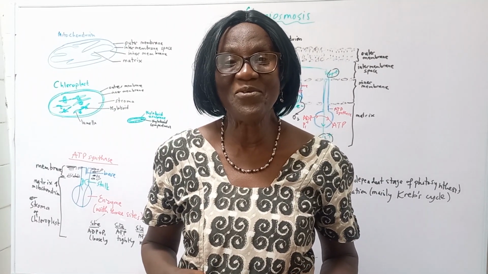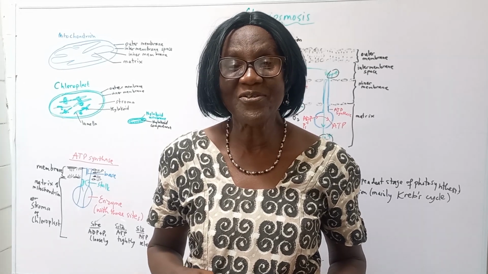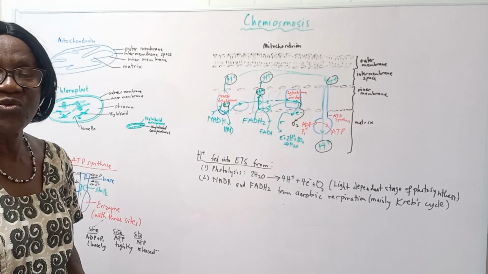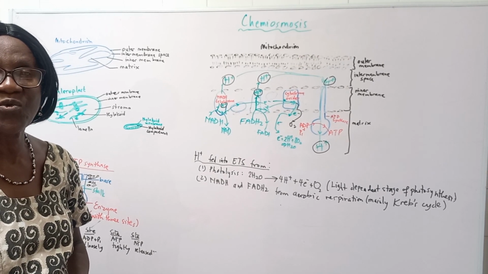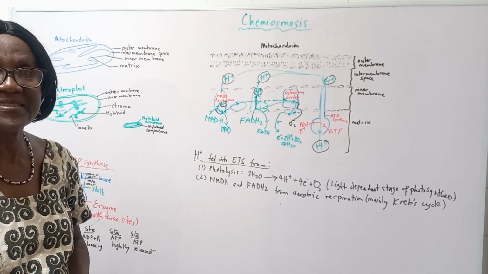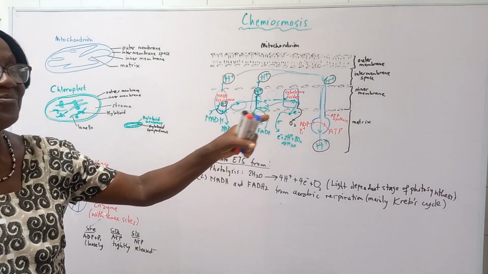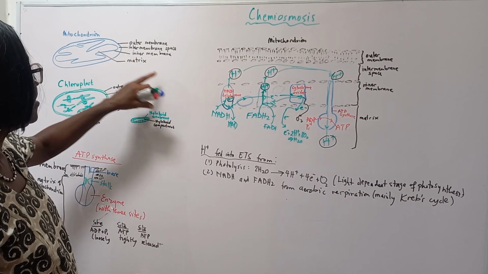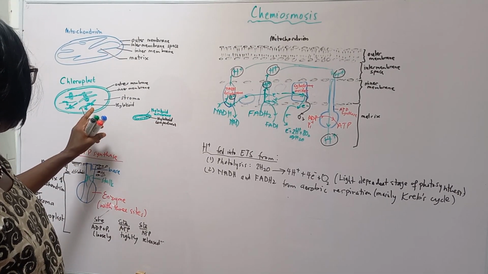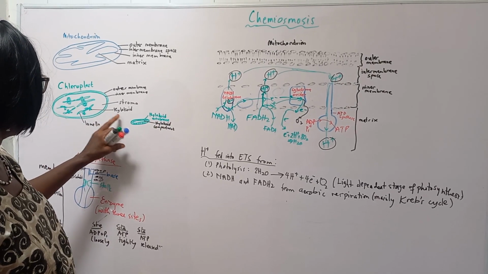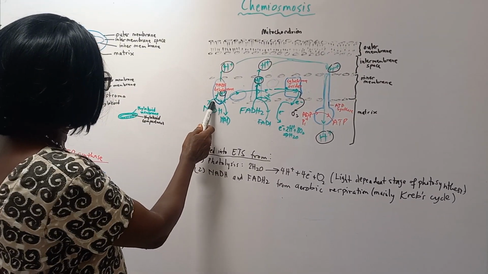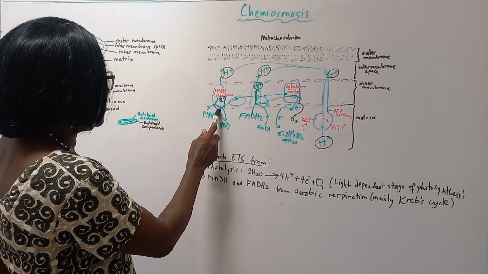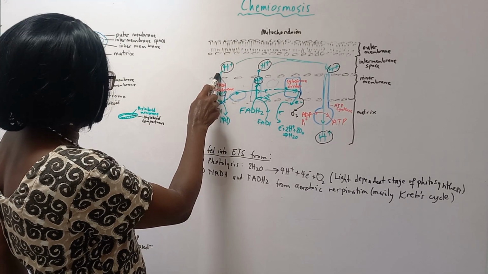We are looking at chemiosmosis in this lesson. Chemiosmosis is related to the electron transport system. To look at the lesson we had on what is the electron transport system so that we continue it from there. Now, the electron transport system is in the inner membrane of the mitochondrion and also the membrane of the thylakoids. In chemiosmosis, hydrogen ions that get to the electron transport system are pushed out of the